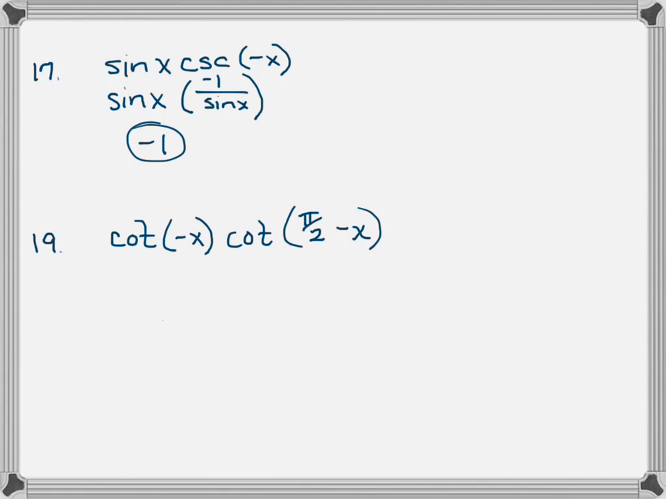Cotangent, in similar fashion, is an odd function. So we can rewrite that as negative cotangent x, but again, a cotangent can also be expressed as a quotient. And let's look at the cotangent of pi over 2 minus x. That's again a cofunction with tangent. So I'm going to make a couple of substitutions here. See if you are okay with this. The cotangent of negative x is equal to negative cotangent x